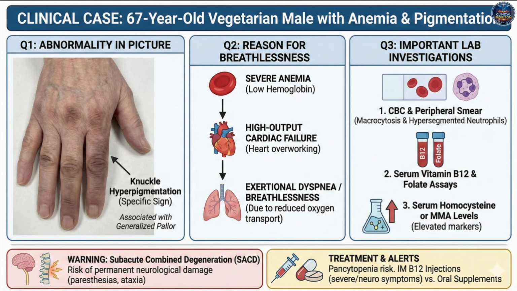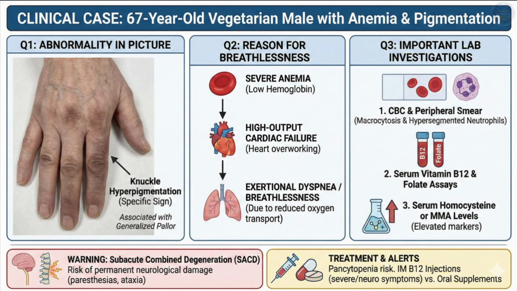Now look at the image. You see a patient with obvious pallor or pale skin, but look closely at the hands. Do you see the darkening over the knuckles? Knuckle hyperpigmentation is a specific dermatological sign of vitamin B12 deficiency. So the summary: a vegetarian patient with severe anemia and knuckle pigmentation denotes megaloblastic anemia due to vitamin B12